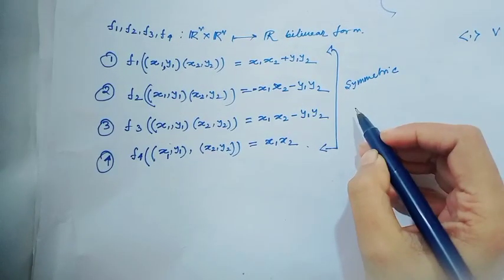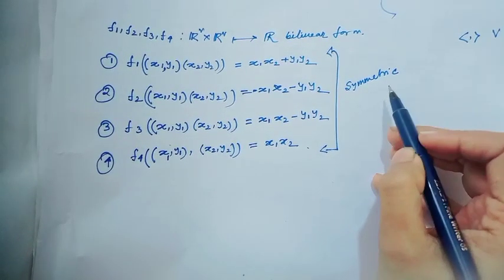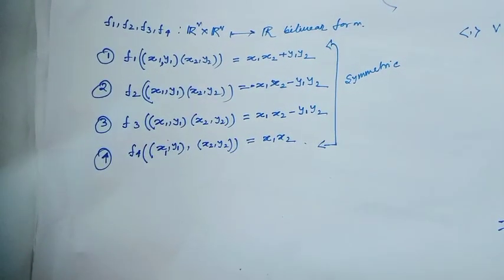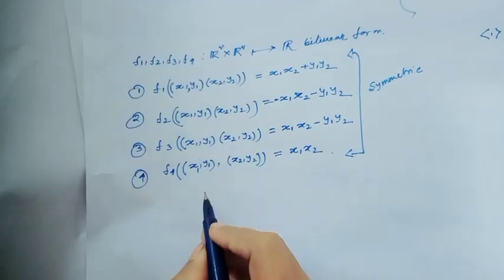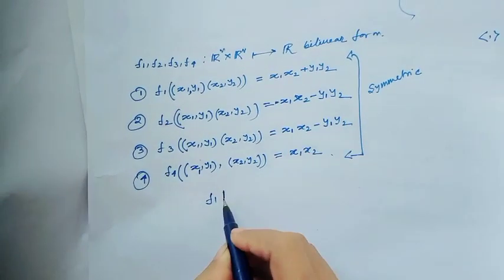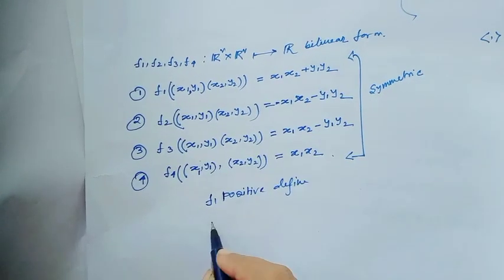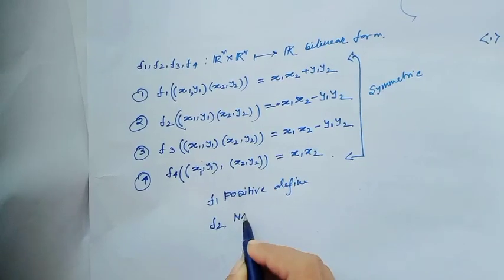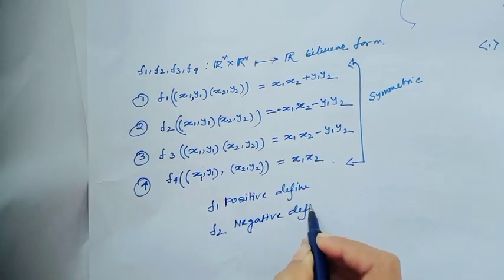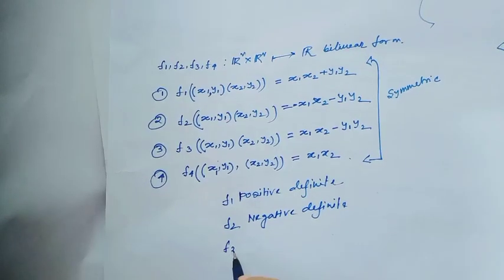but some of them are inner products and some of them are not inner products, because an inner product must be positive definite. Let's verify. Firstly, f1 is positive definite because this is the standard inner product, and f2 is negative definite, and f3 is indefinite